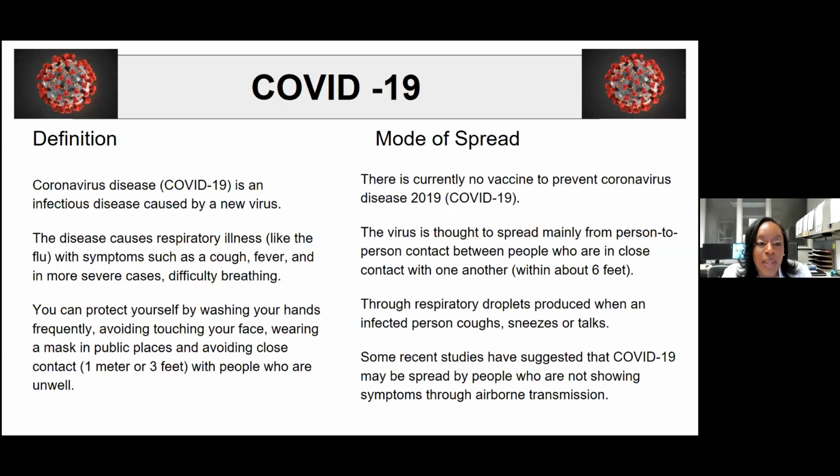As some of you may know, COVID-19 is an infectious disease caused by a new virus, and the disease predominantly causes respiratory illnesses similar to the flu, with symptoms such as cough, fever, and in severe cases, difficulty breathing. As the disease situation has evolved with the pandemic, we're even learning about other manifestations of this disease, where it may manifest with cardiovascular symptoms and complaints, such as even chest pains, and in some rare cases may present even